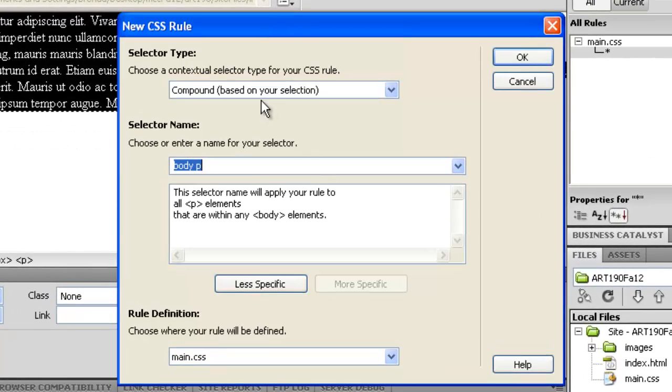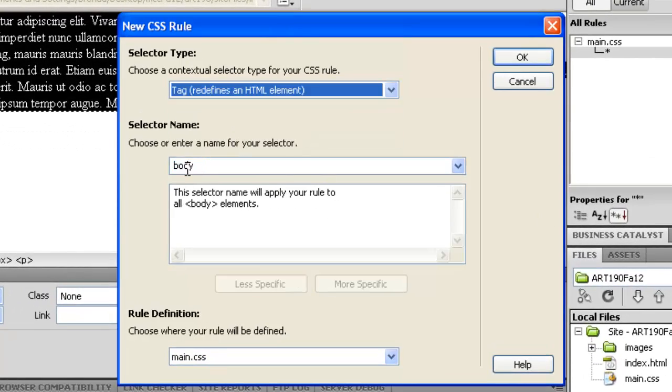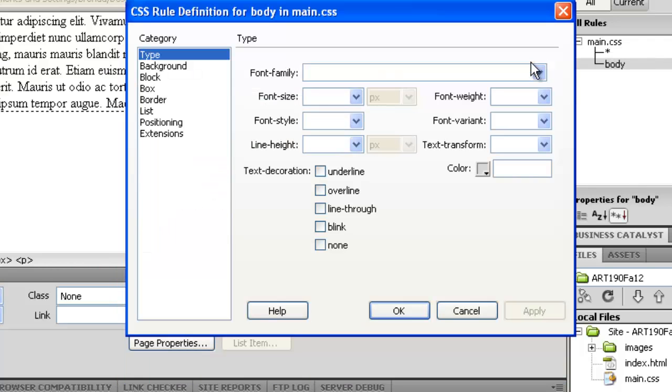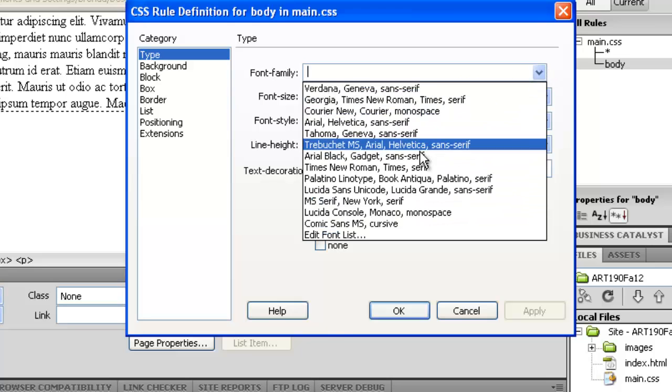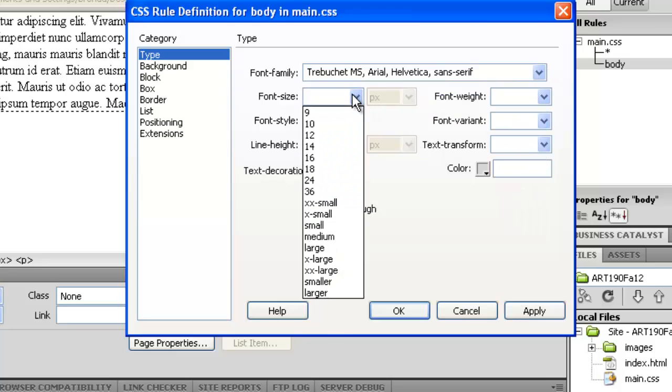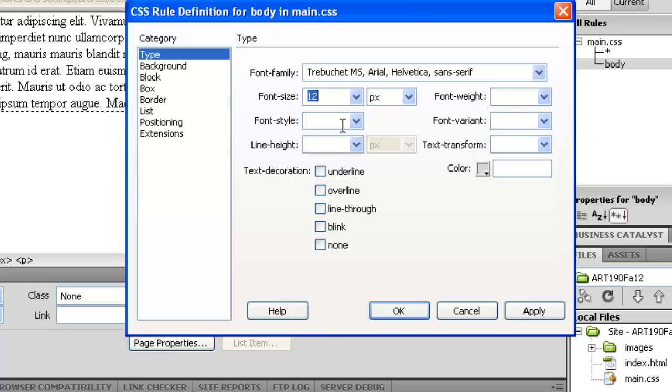Start a new rule, choose tag, and make sure I have body selected and that it's going to go into main CSS. And here I'll just go ahead and set my font just for the sake of doing so. Line height, I have a tendency to like to do something around